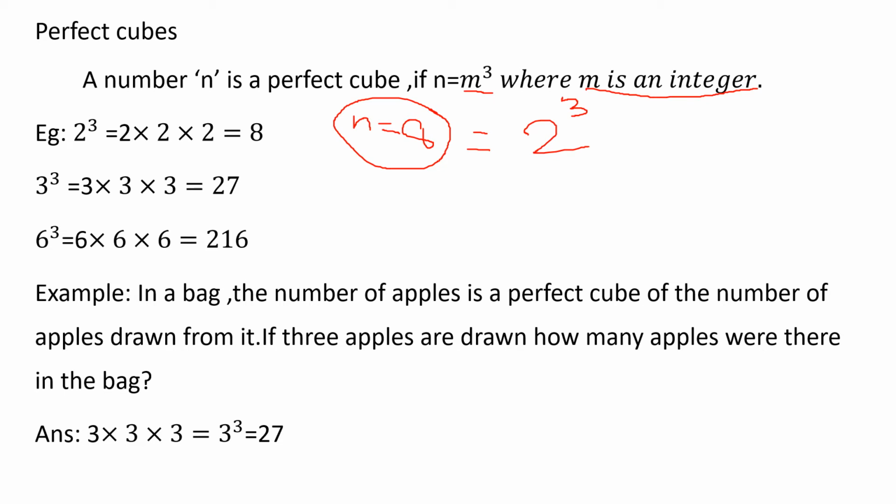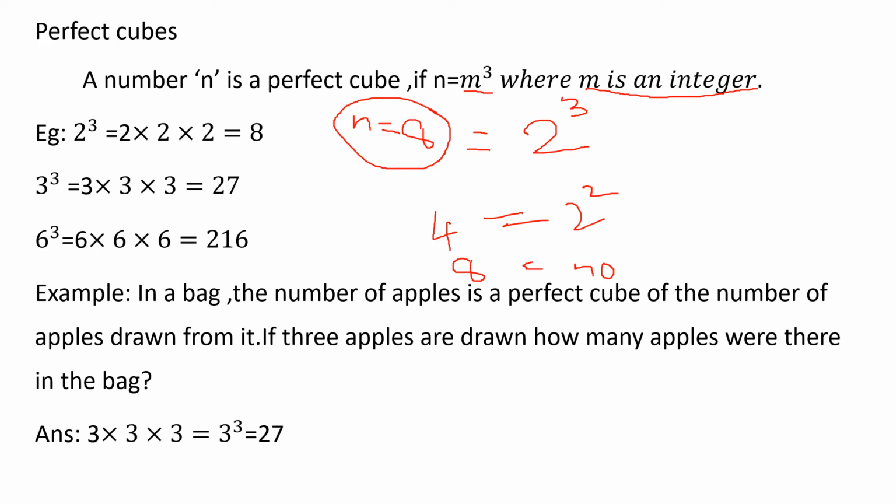Is it clear now? Just compare chapter 6 and chapter 7. Perfect square means we can represent a number as a square. For example, 4. Whether 4 is a perfect square? Yes, we can represent it as 2 square, 2 twos are 4. Whether 8 is a perfect square? No, 8 is not a perfect square, but 8 is a perfect cube because 8 can be represented in the form of 2 cube. Understood the difference now?